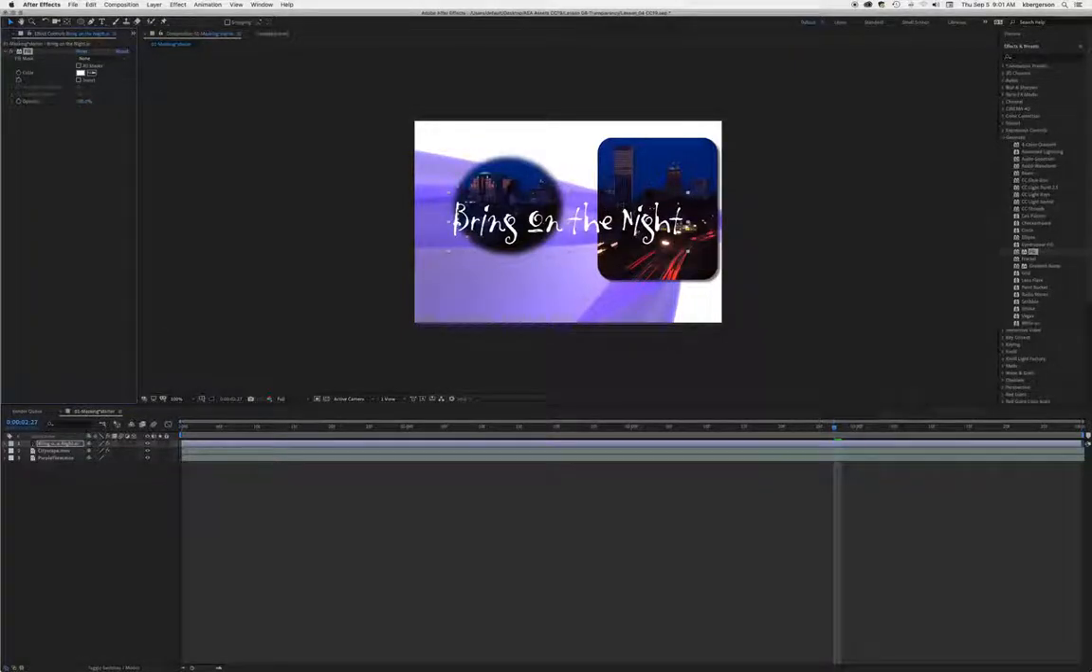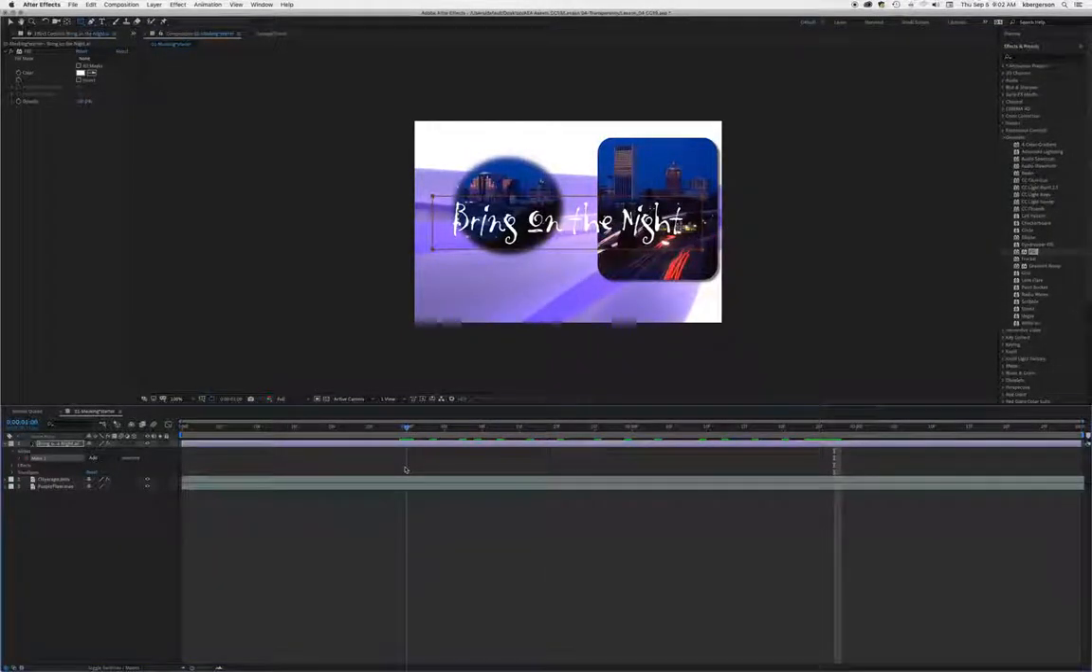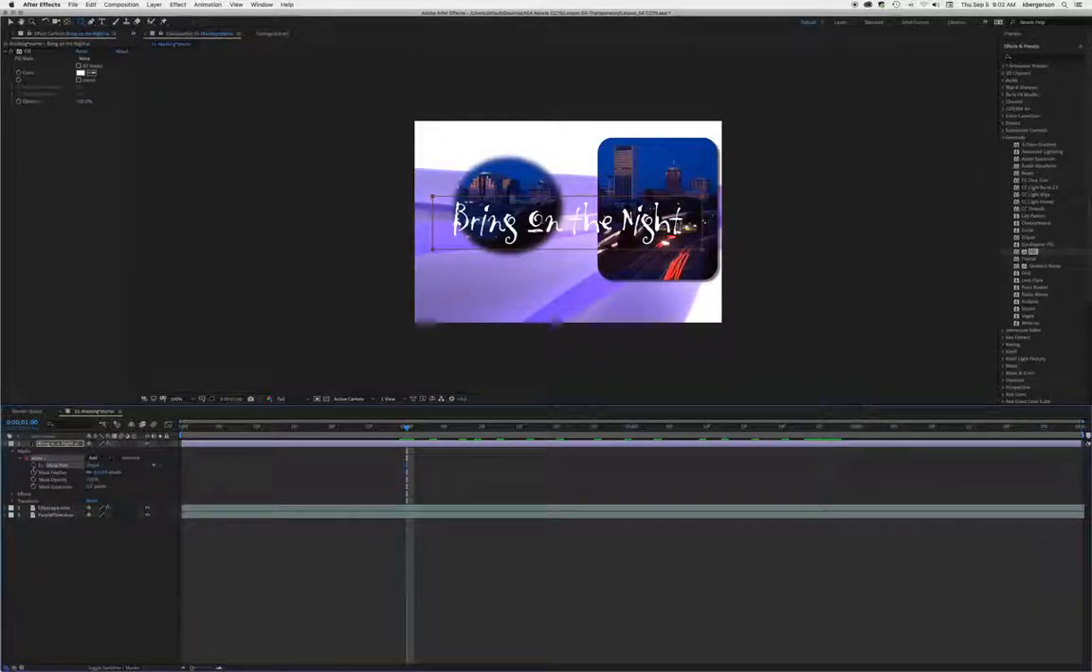So the next thing that we're going to do is use a mask to wipe on this title. So with that top layer selected, we're going to pick the square rectangle, and we're going to draw a mask that covers the whole distance of the text. We'll go down to like second one, and then we are going to keyframe mask path, which controls the shape. And then we'll go back to the beginning,